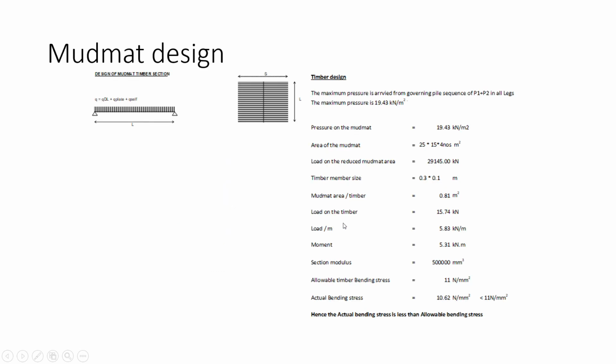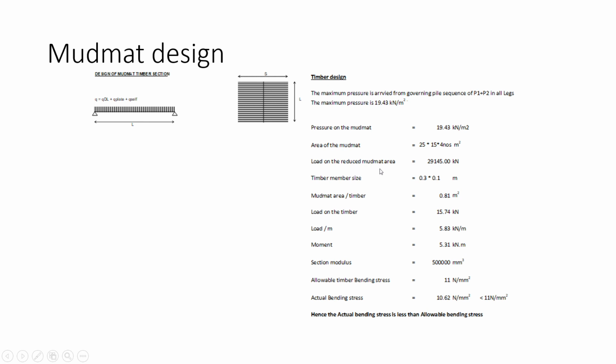Okay, then next, mud mat design. So mud mat, they will not always go for steel mud mat. Sometimes they will go for timber mud mat. Steel mud mat, you know that steel means it is a steel design only. If a span is there, then you have to design the plate. That's all. Same like this. This is the timber mud mat I have taken.